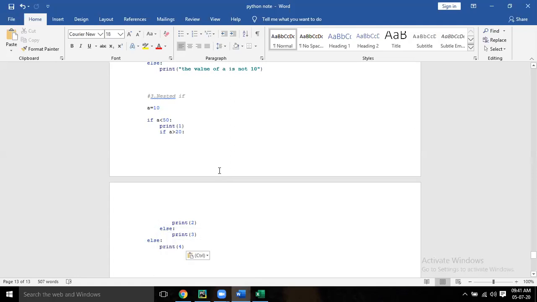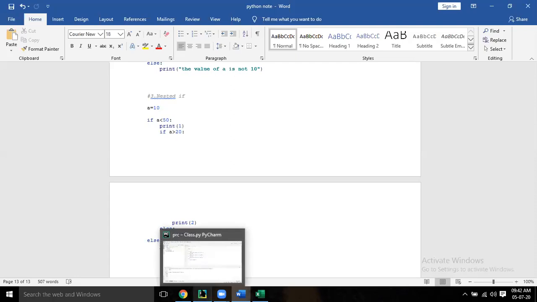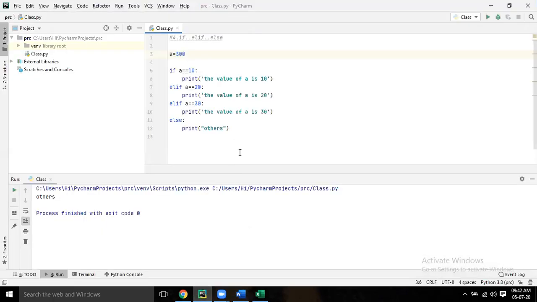Now in this, if else if is satisfied, then it will stop there itself, right, sir? Correct. Now here, go there. Here there is no nested if. This is not nested if. This is independent of each other. Whichever condition is satisfying, it will print that one. That's it. But in nested if, their dependency is there. Parent-child relationship dependency is there. If the parent is satisfied, then only it will come to the child. But here all are parents.